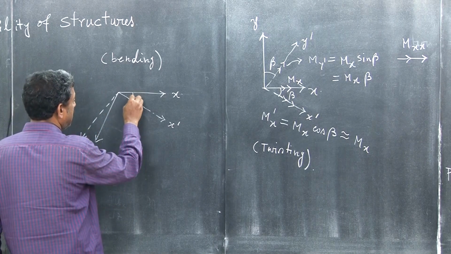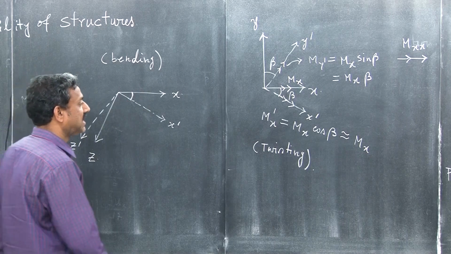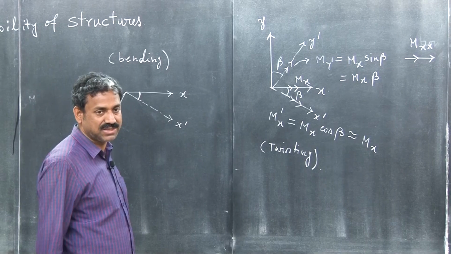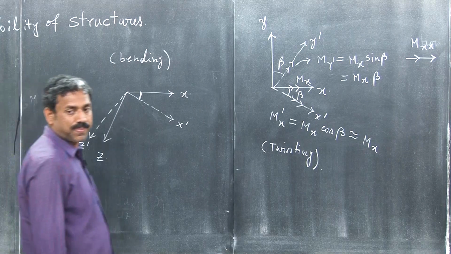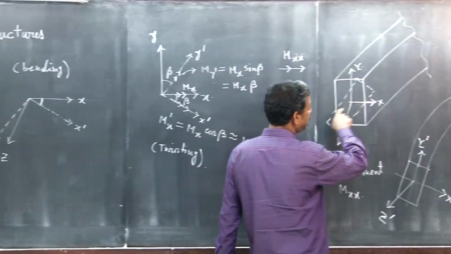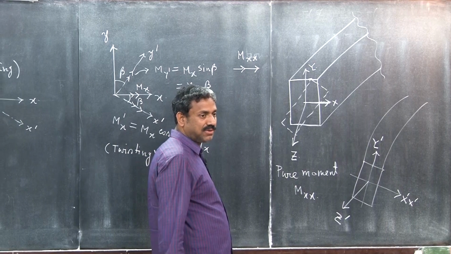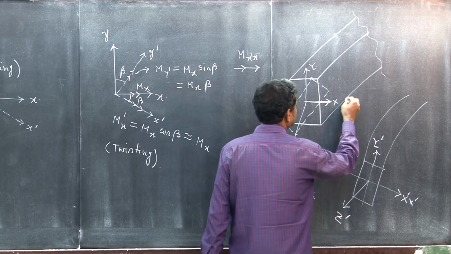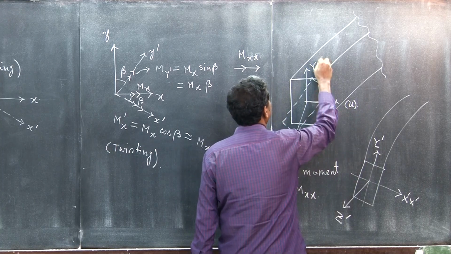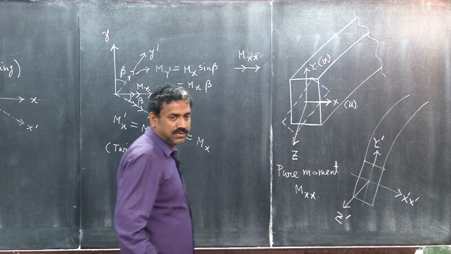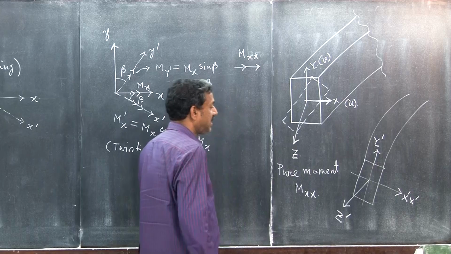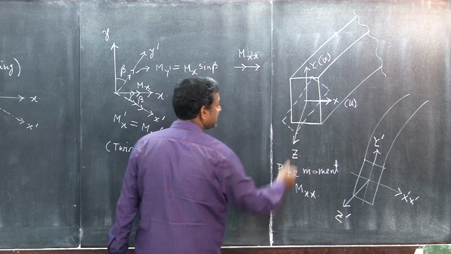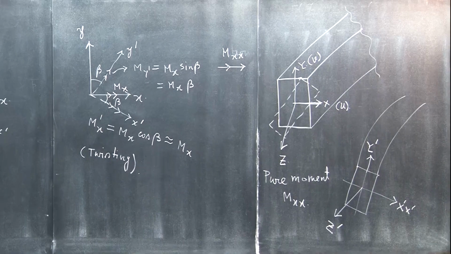Now, if I consider the deflection along x is U, deflection along y is V, and W along z, right? Then what is this? This is nothing but del u del z, right? I am considering that because of flexure there will be deflection along x. So U, V, W are the components. Along x it is U, along y it is V. When the flexural deflection is happening in the xz plane, bending is happening with respect to the y axis, the deflection is along x. So this angle is nothing but what? du dz,